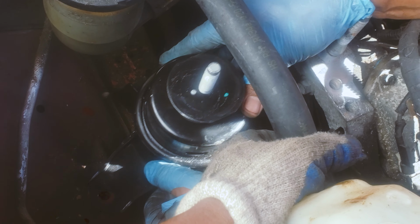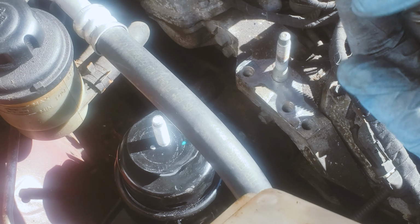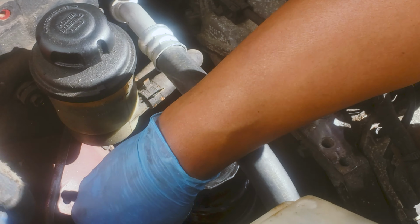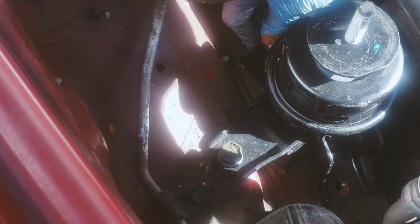And now you just gonna assemble everything back. You're gonna put the screws back, everything little by little. So remember, these screws. Yeah, this one goes over here. There you go. You put that one in there. You help it with your hand. And yes, we can do this. Remember, this is a Kia 2007